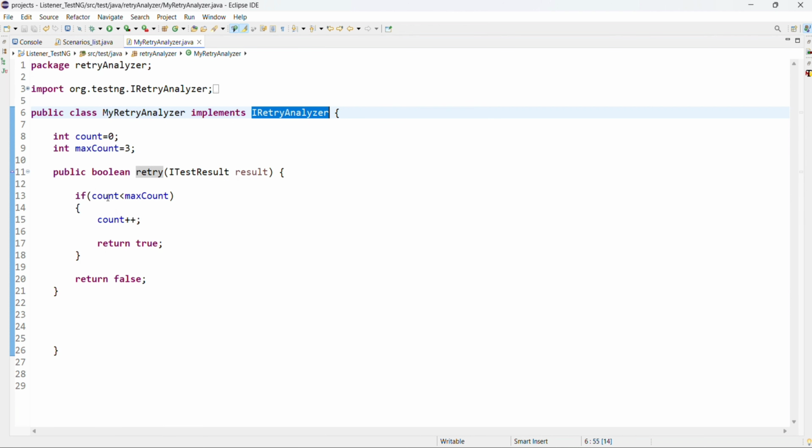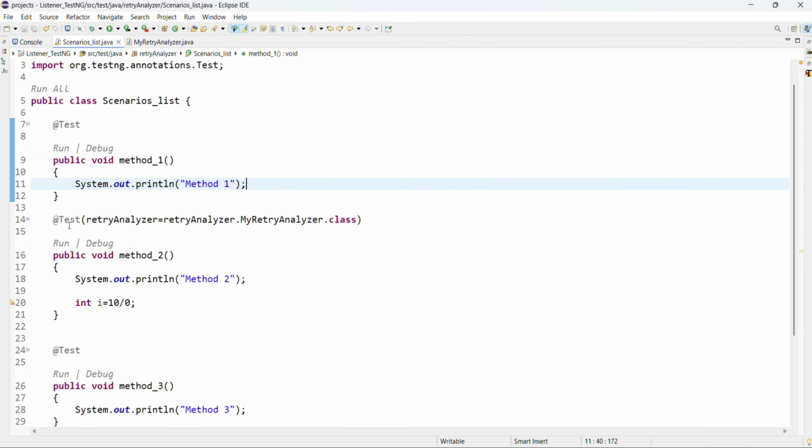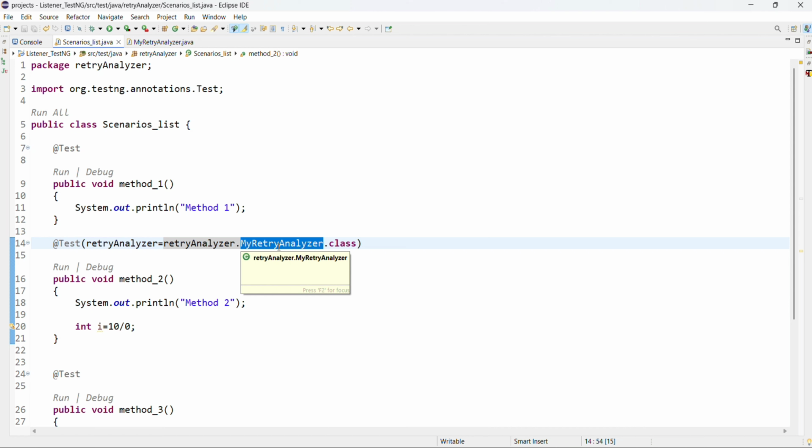Here we give a condition: count value less than maxCount value, and we increment the count value each time by 1 and return true. So until it reaches the count of 3, it will keep retrying. Whichever test case is getting failed and we want to retry, here we need to give retryAnalyzer equal to the package name, then the class name where we implemented the retry method, dot class.